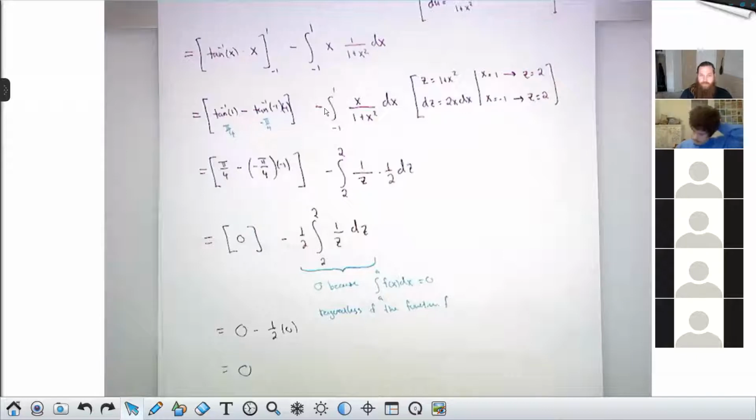And then this piece, when we make the very reasonable substitution, z equals 1 plus x squared, becomes the integral from 2 to 2 of 1 over z times 1/2 dz, which is 0, not because of something to do with the antiderivative, but